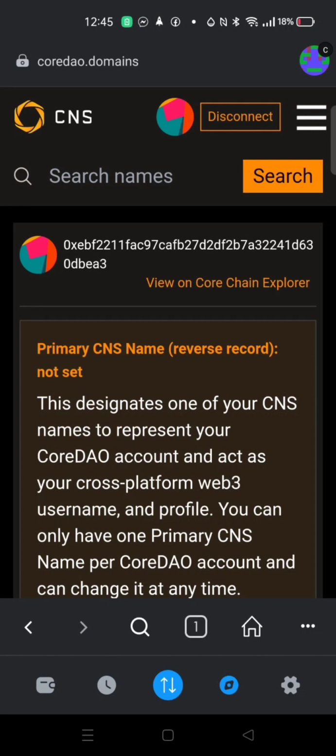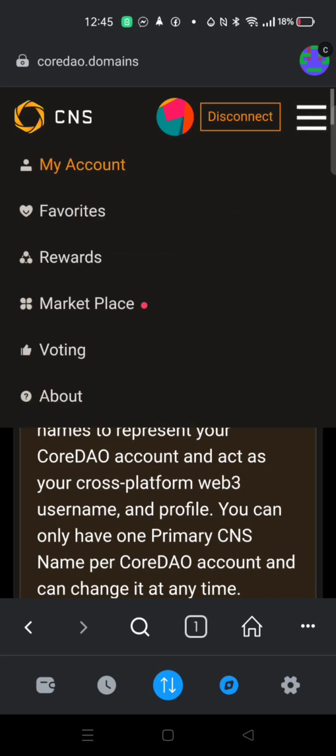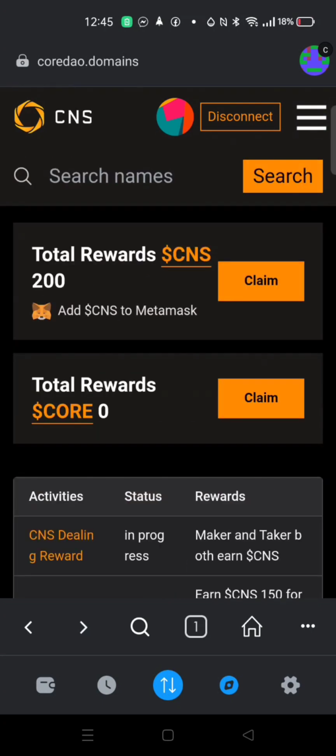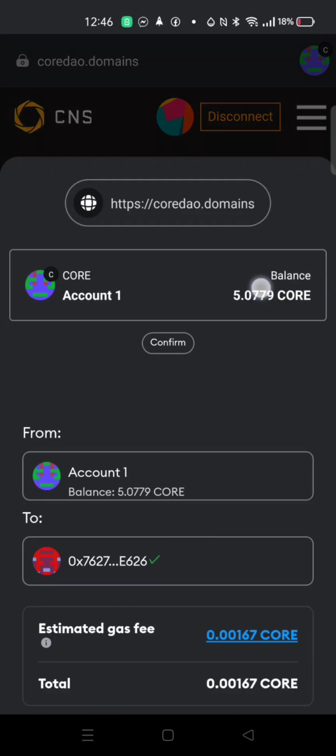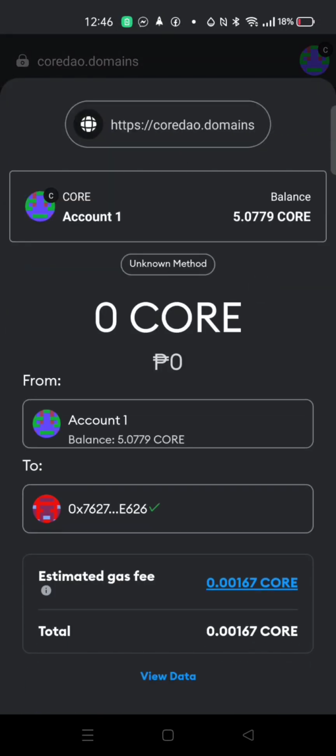Just click the menu bar and you can see rewards, then click claim 200. Click claim, then it needs a gas fee in Core, so click confirm below.